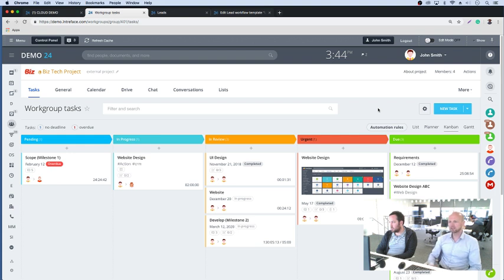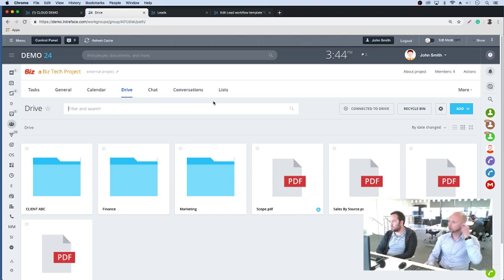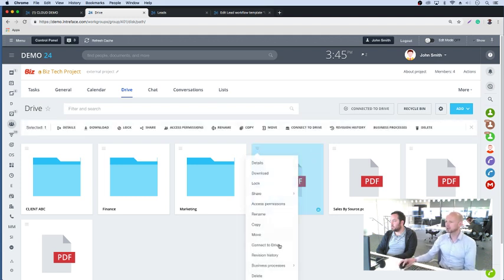It has one specific feature that you can't do without having the desktop application open, and that is syncing documents to your local machine. So with the desktop app, if you're signed into the desktop app and signed into the browser version, then any documents you put in your drives will automatically sync to your local machine, into a folder it creates. That allows you then to edit those offline, and then it will automatically sync the latest version of that document back to the system